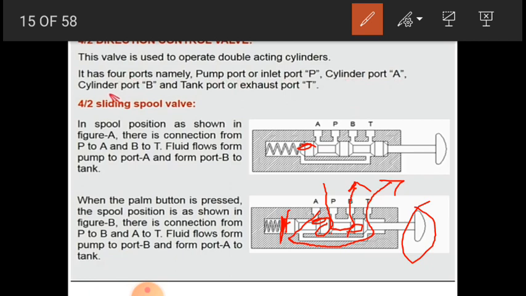Either you can send oil to port A, or you can send oil to port B. So as per your requirement, that can be designed. That is the beauty of this directional control valve.